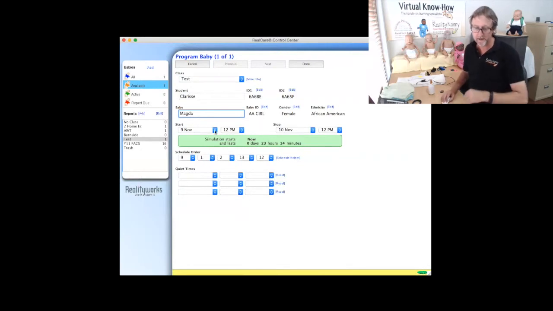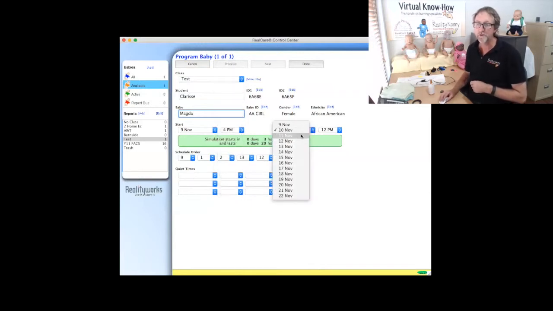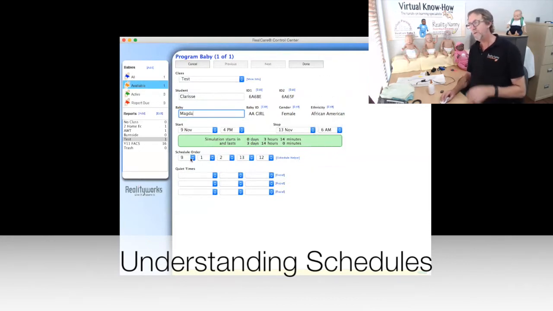Now it's going to start today, which is Monday the 9th of November, and I'm going to start it for when they are probably at home, so 4 p.m. And we're going to set it for 3 days, so let's pretend it's a weekend, and it'll come back on the 13th, and we want to stop on the 13th at, say, 6 a.m. Now, the schedule orders,